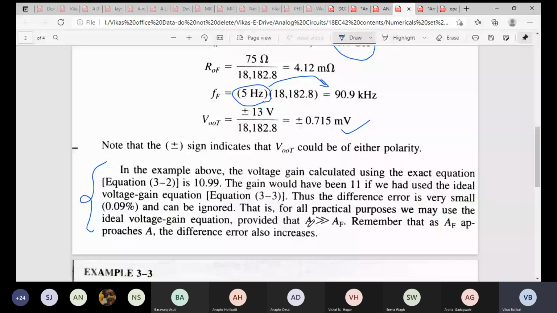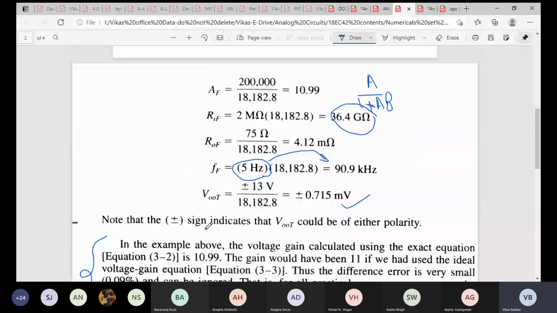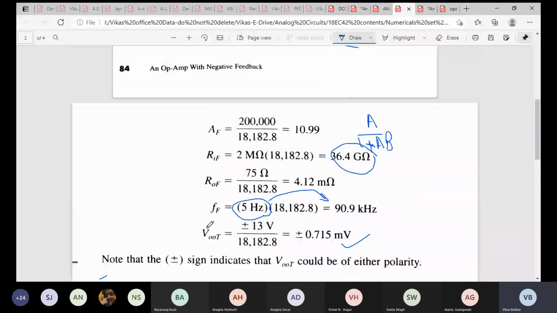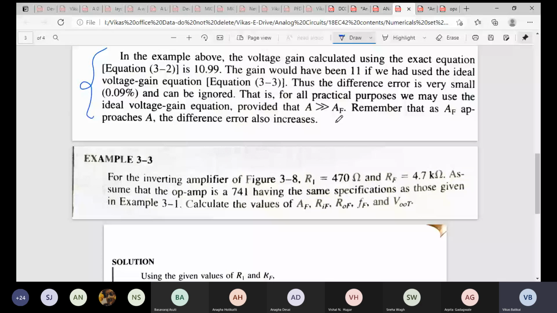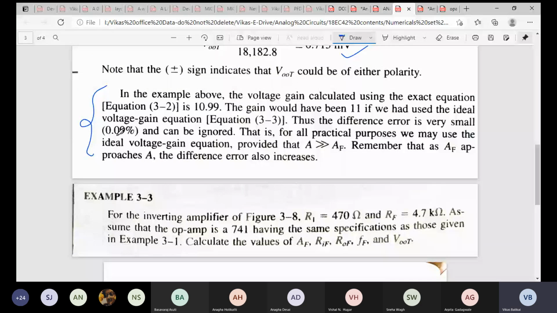The ideal voltage gain equation is 1 plus RF by R1. I can use that when the open loop gain is very large than the closed loop gain. At that time the difference error will be very, very less. So that is what he has given in the footnote. Fine. So that's all with respect to the non-inverting amplifier